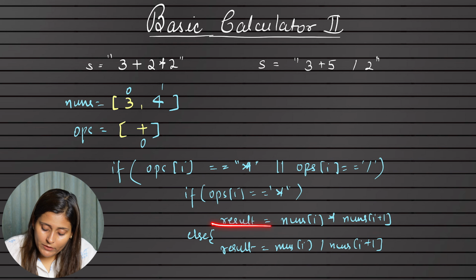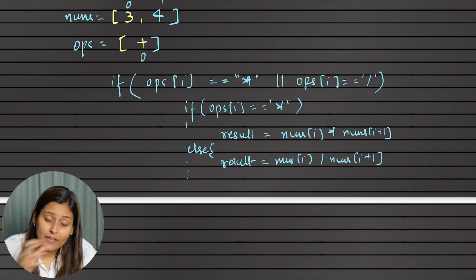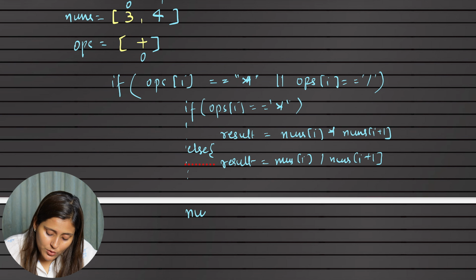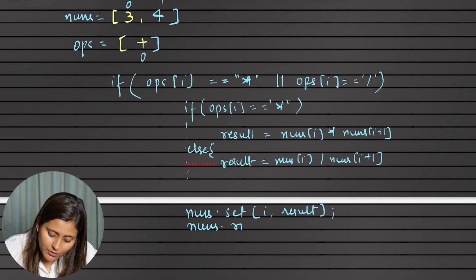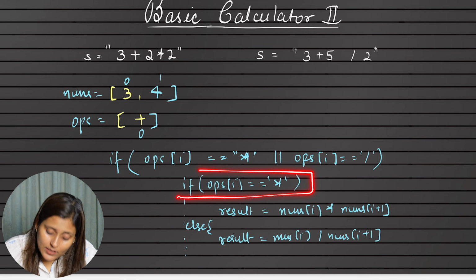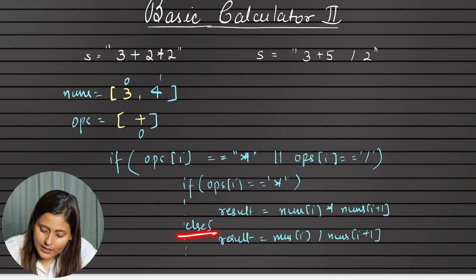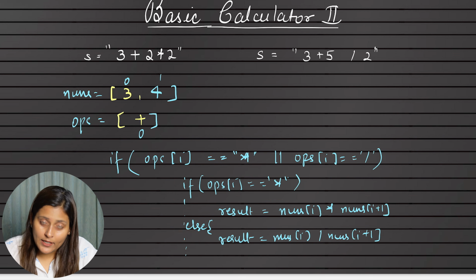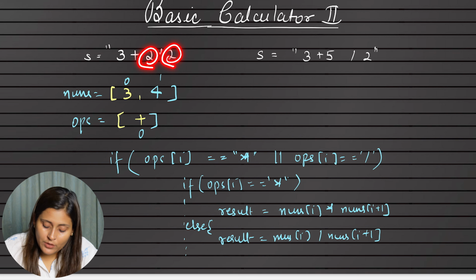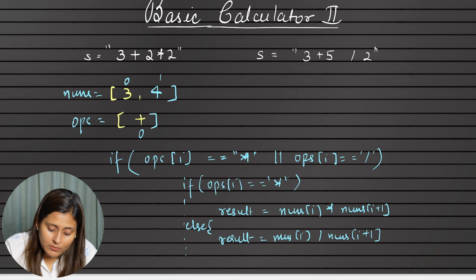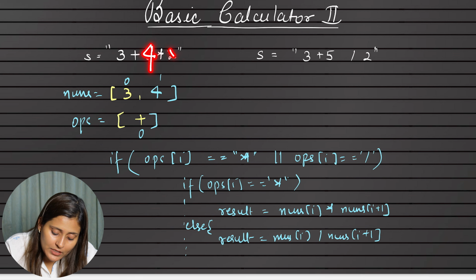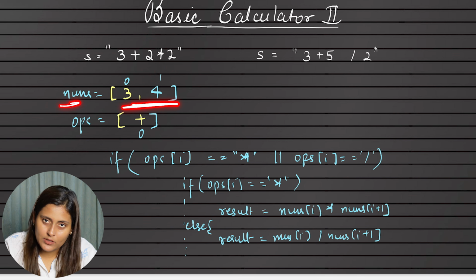Okay, so whatever results we calculated, after coming out of this if and else case, we have to save in the nums array. So we'll do nums dot set at the ith index, we'll set the result, correct? And also from nums we will remove the I plus 1th index. So either this if case runs, meaning multiply, or else if this divide runs, correct? In both cases we'll read the previous 2 elements, we'll calculate, and in nums at the same index we'll set it, and the other one we will remove, but from the nums array, not from the string,